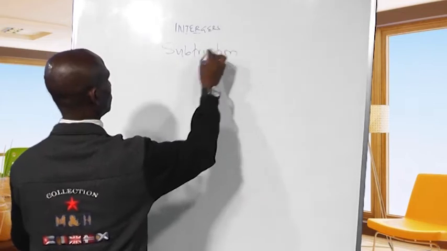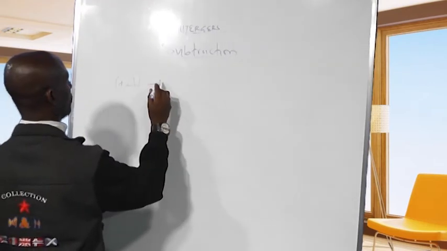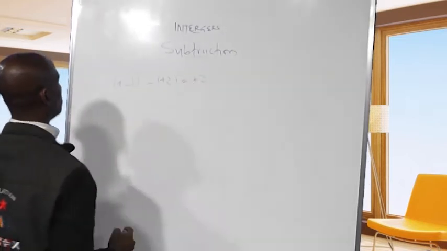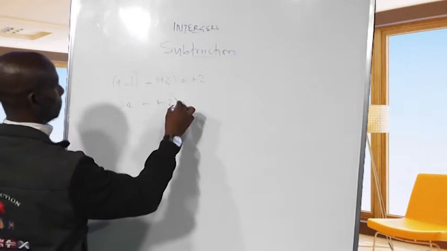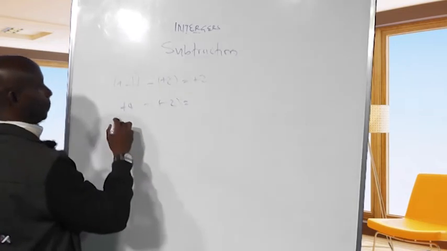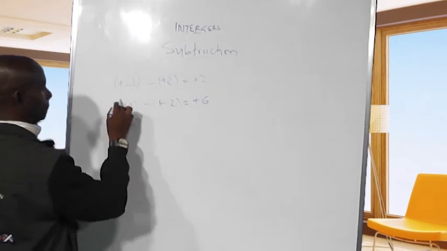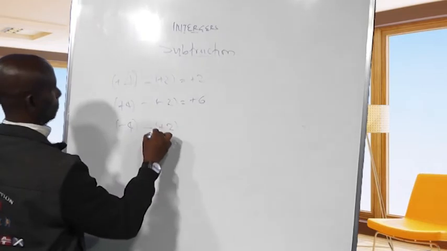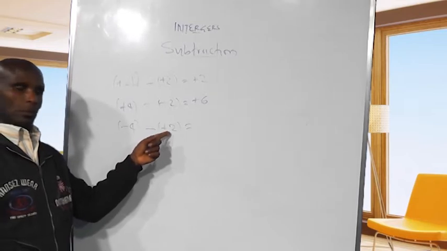Subtraction. We take plus 4 minus plus 2. We have plus 2. Plus 4 minus minus 2, we have plus 6. Minus 4 minus plus 2, we are subtracting